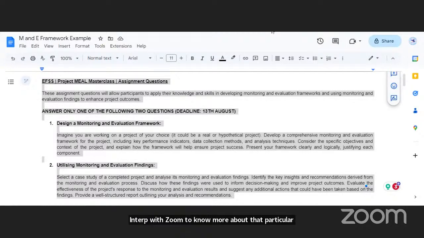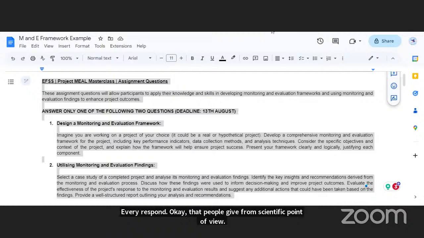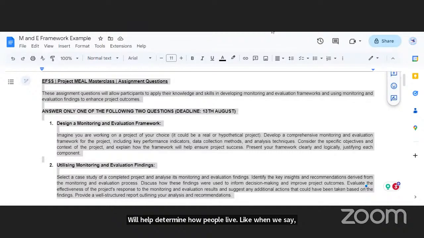Then for quantitative, this is positivism. They deal with numbers. They believe that scientifically, every response that people give will help determine how people live. Like when we say 100 people responded that they have gone to the university, that is numerical, it is quantitative.